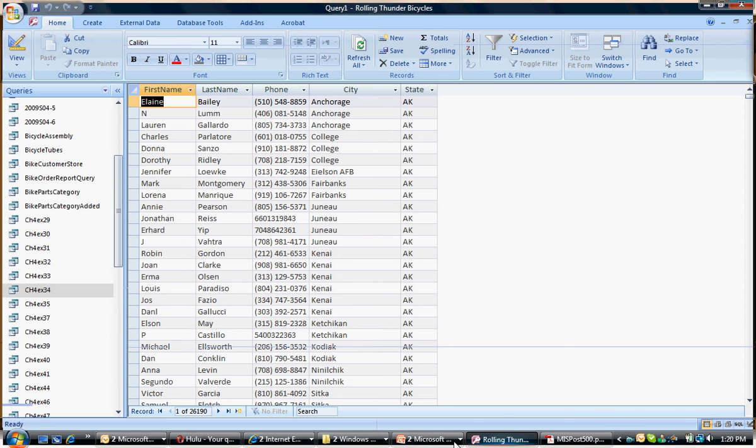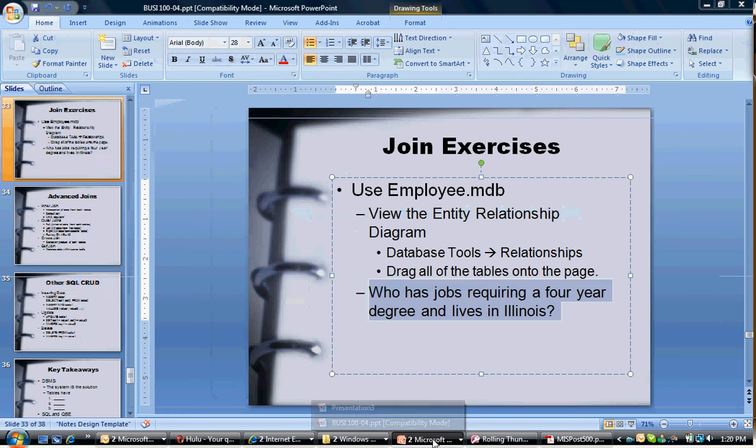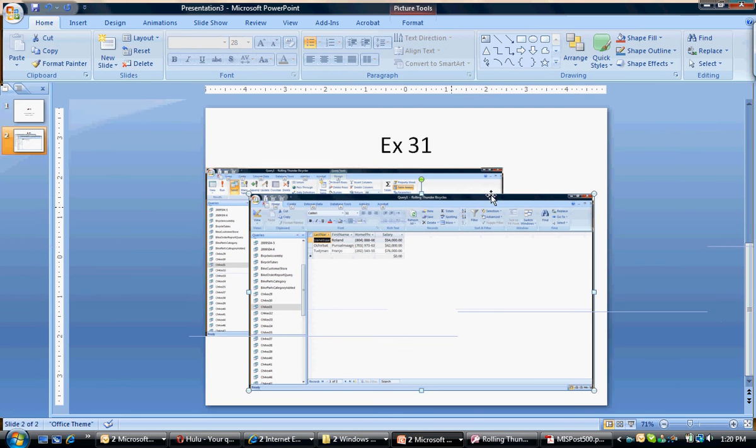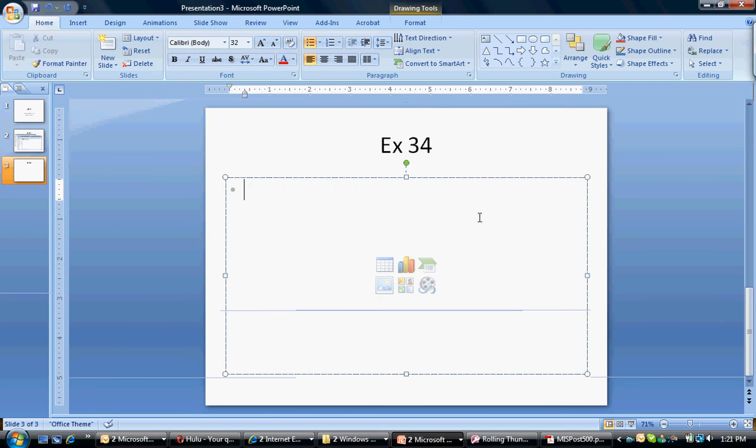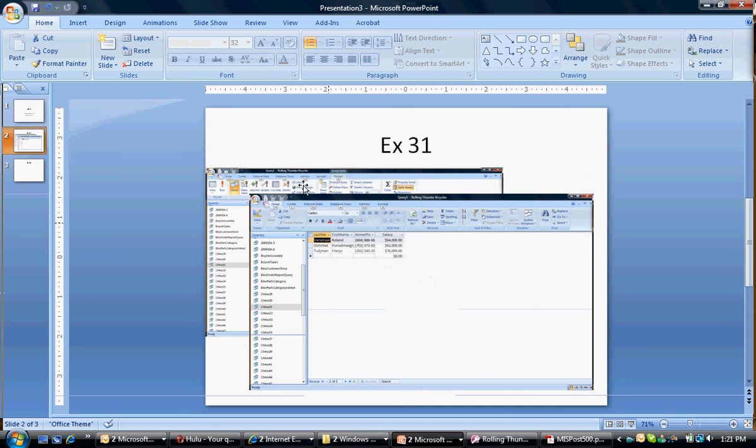And again, what you'll want to do on the homework here is add a new slide and do exercises 32, 29, and 34, and you would put in your design views and so forth right in here. So remember, each query needs to have 2 screenshots, and at the end you'll have 4 or 5 total slides in this presentation. Okay, that should take care of